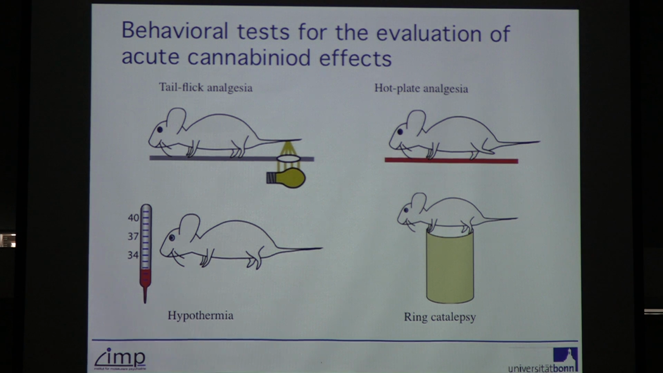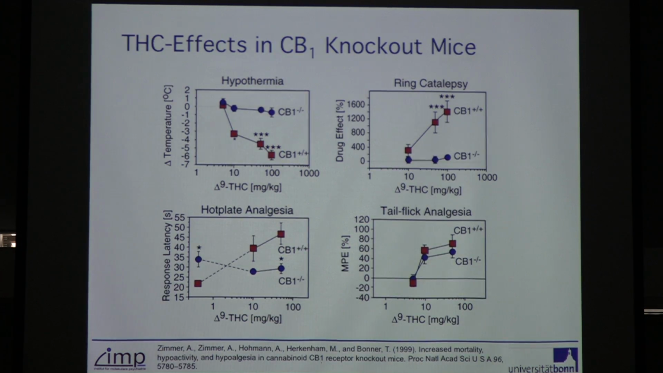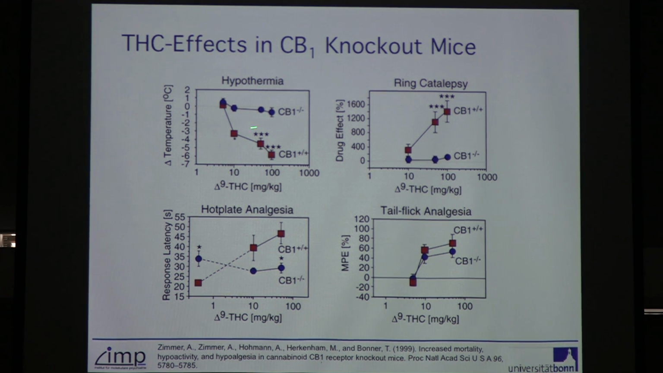And the fourth thing: it also reduces open field activity of the mice, which we can measure in an open field. Okay, so this is the tetrad of assays that's typically used to investigate THC effects. And if we do this, you can see that for hypothermia, we see a profound drop in